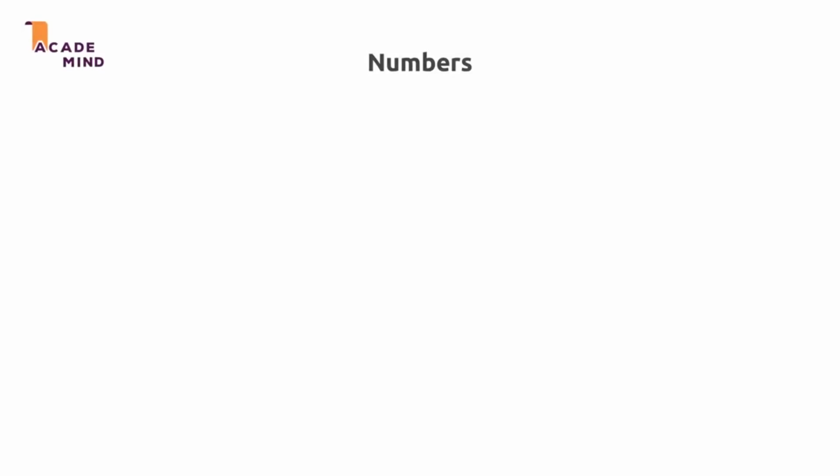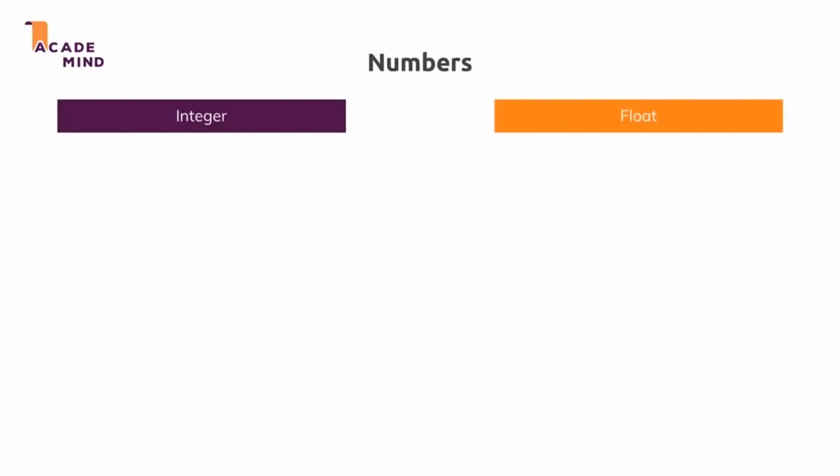Now that we had a first look at the important data types and how we use them with the very important concept of variables, let's have a brief look at what exactly can be done with numbers, or some important information you should have on them. So we got integers and floats, that's no news to you.